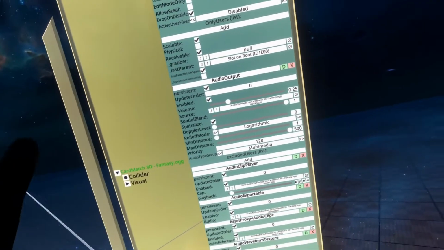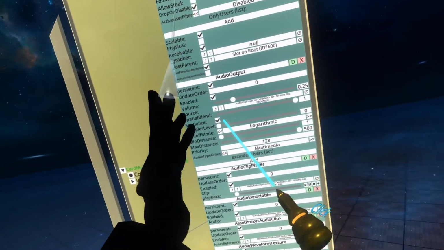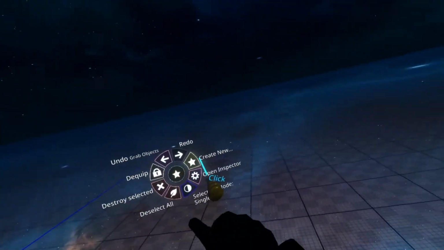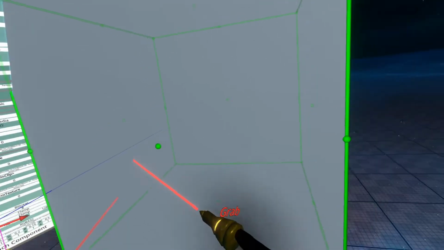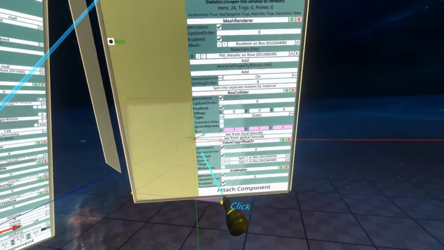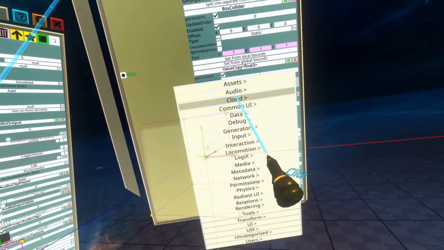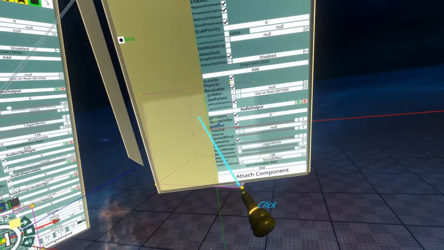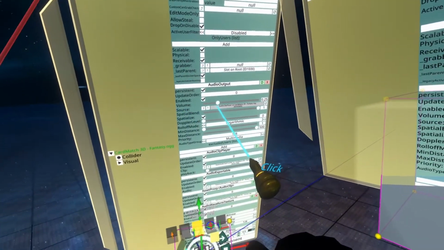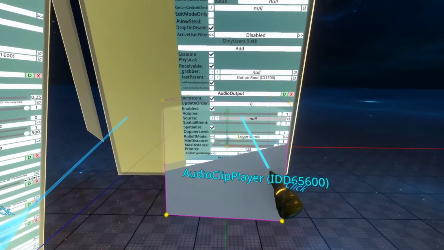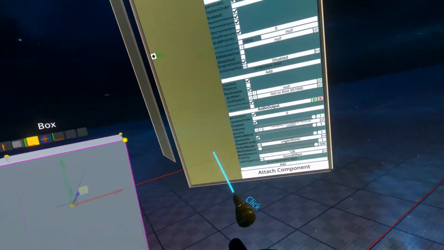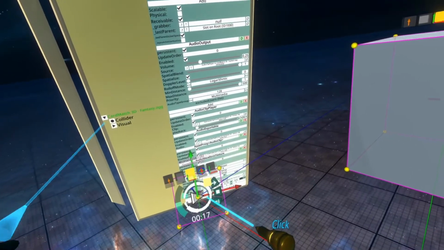To do that, we need to create a new object which has an audio output on it, and we're going to just copy across the source property. So let's do that. I'm going to go ahead and create a new cube. We'll inspect that cube, scroll to the bottom of the cube, attach a component, audio output. And now we can copy the source property here by grabbing it and dropping it into the source property over here. There we go. And now when I play this,